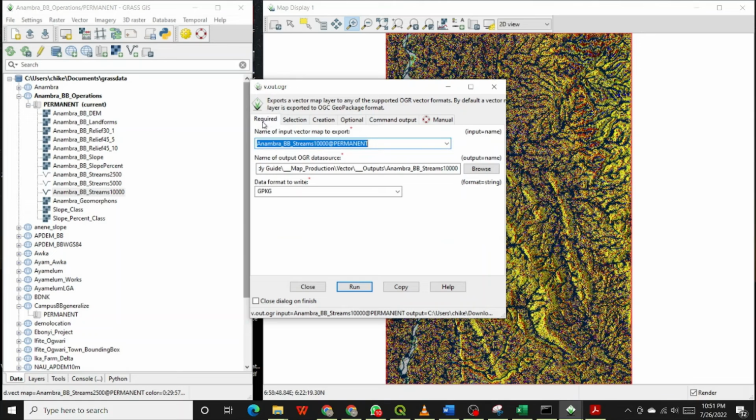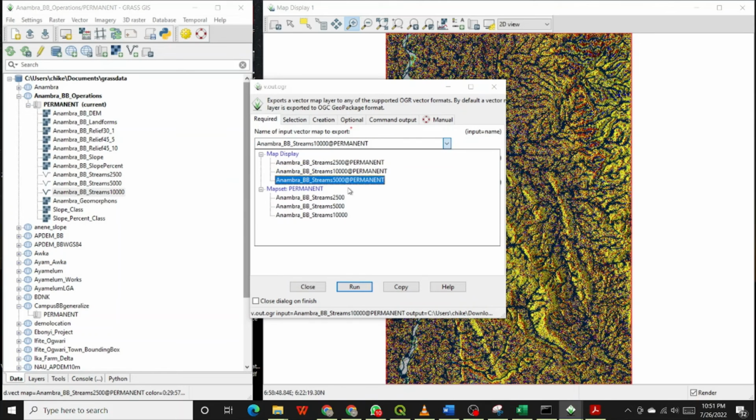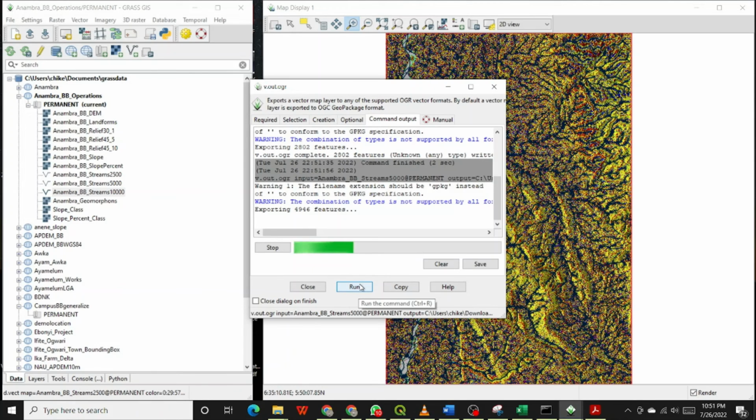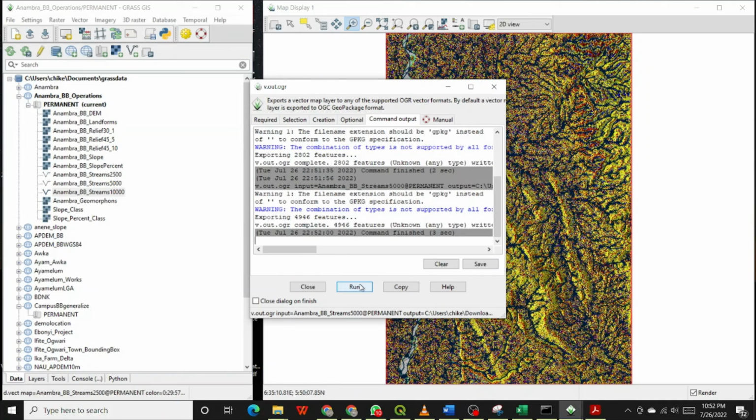Done. Come back. Select the third one. Maybe take the name, or if you don't, just come back here. The difference is remove 10 and add 5,000, and then run again. So basically, this is how you export